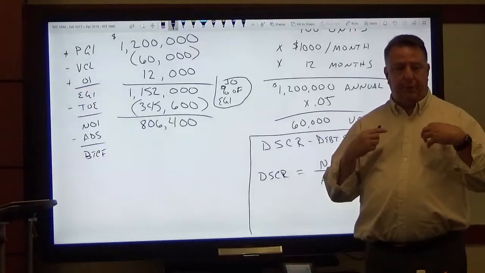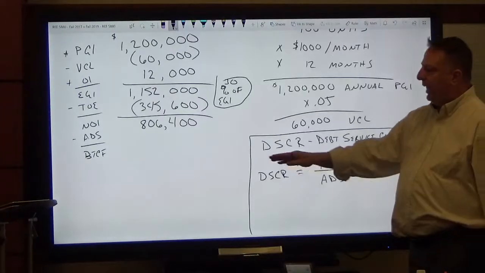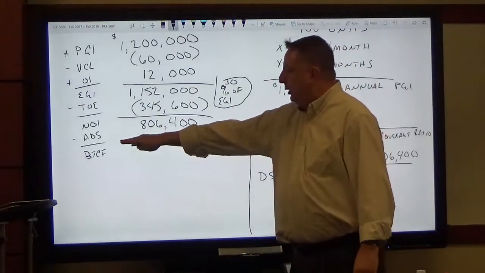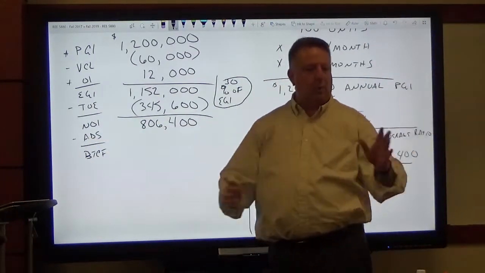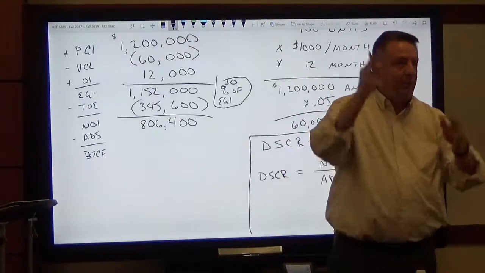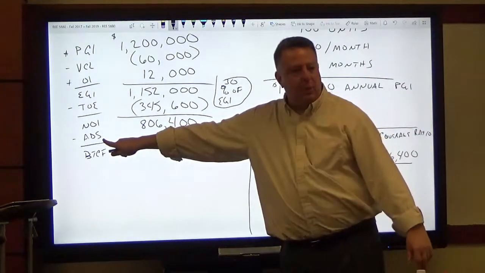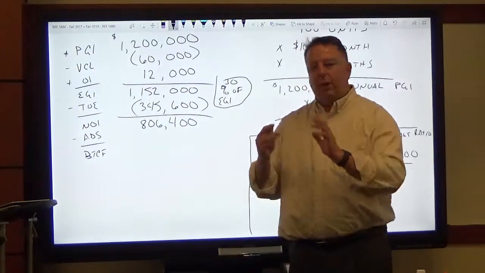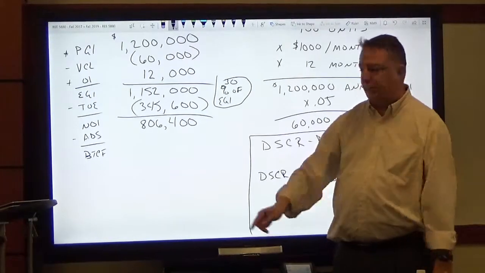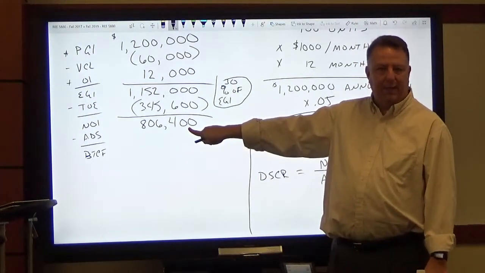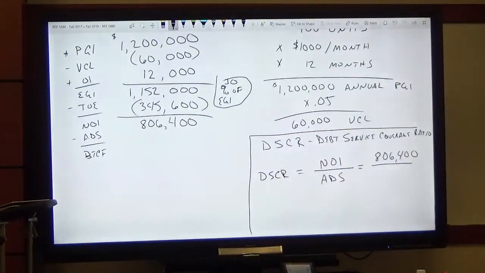I also, as the lender, don't want to take any risk or want to minimize my risk. So instead of allowing you to make your annual debt service payment, in other words, your annual mortgage payment, in other words, you're actually going to have monthly mortgage payments, but ultimately if you multiply the monthly payments times 12, you get your annual debt service. Okay, so the most money this property would have available to be able to make those mortgage payments would be what? 806,400, yes? Yep. But the lender is saying, no, we're not going to allow your payments to be that full amount, because